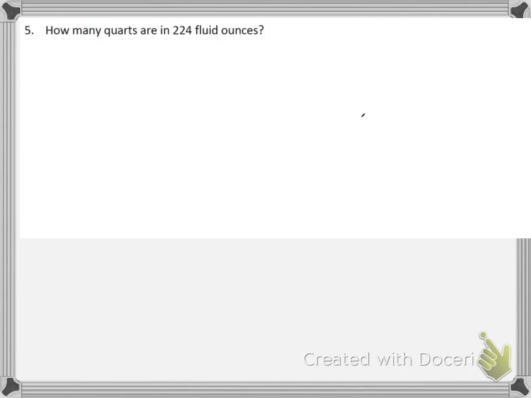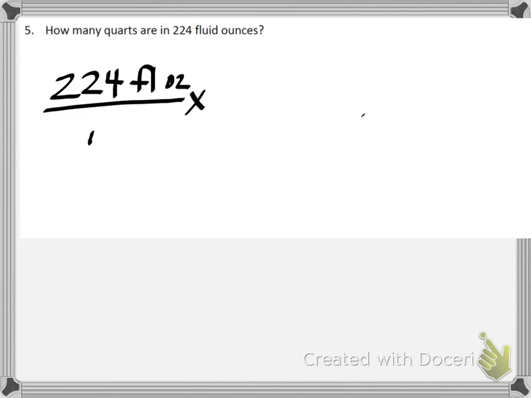And number 5, we want to know how many quarts are in 224 fluid ounces. So we're starting with 224 fluid ounces, that over 1, and we want to go into quarts. Problem is, we're just going to take multiple unit multipliers because we don't have a direct measurement for fluid ounces